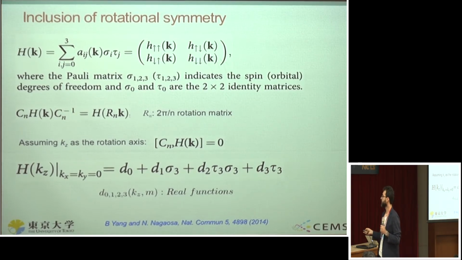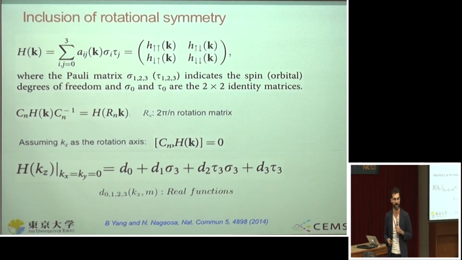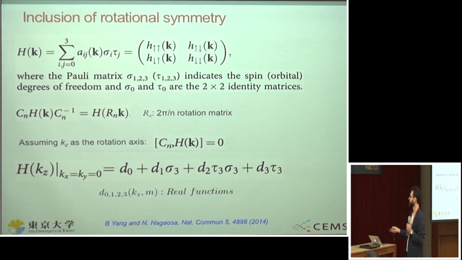And then, of course, we will have a rotation axis. Let's say that rotational axis is our KZ direction. Then, basically, you can simplify your Hamiltonian and decompose it like this along the rotational axis. This is, for example, considering that KZ is our rotational axis. So by doing this simplification using our Pauli matrices and Pauli pseudo-spin matrices, then what you can do is that